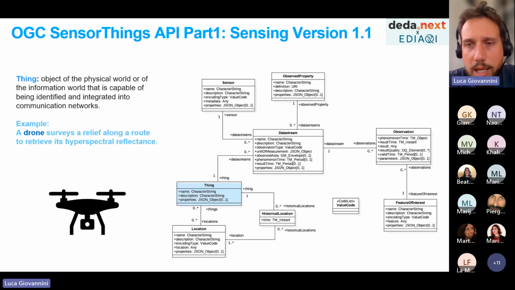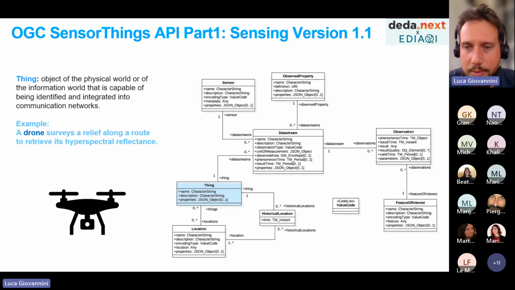In order to make this exploration of the schema less tedious and hopefully more clear, we decided to pick an example of an action of a sensor. So let's pretend we have a drone that has been tasked to survey a relief along its route to retrieve its hyperspectral reflectance.